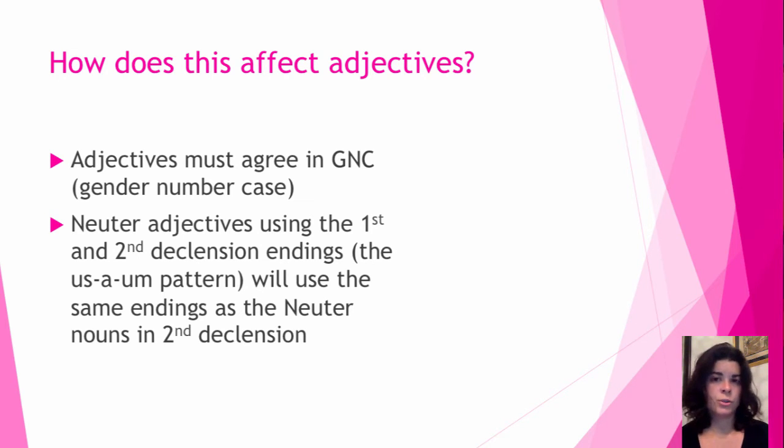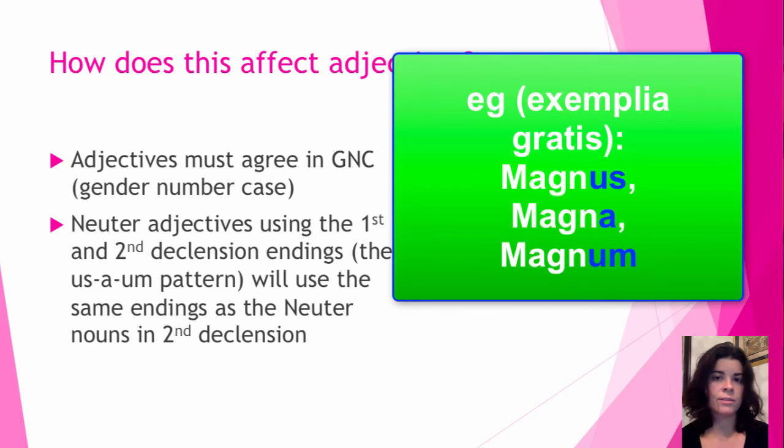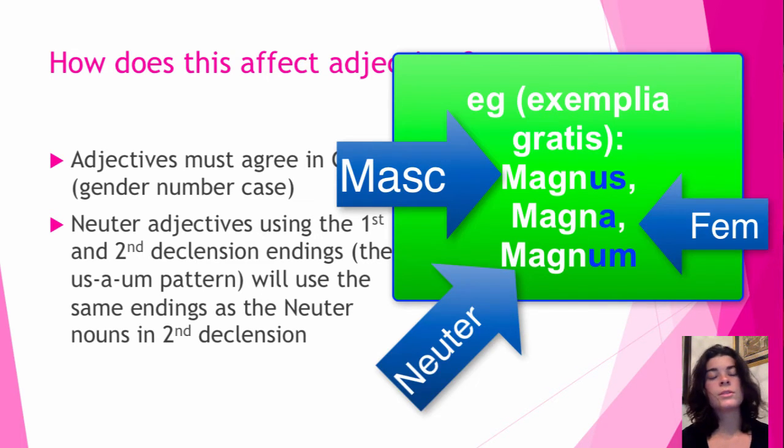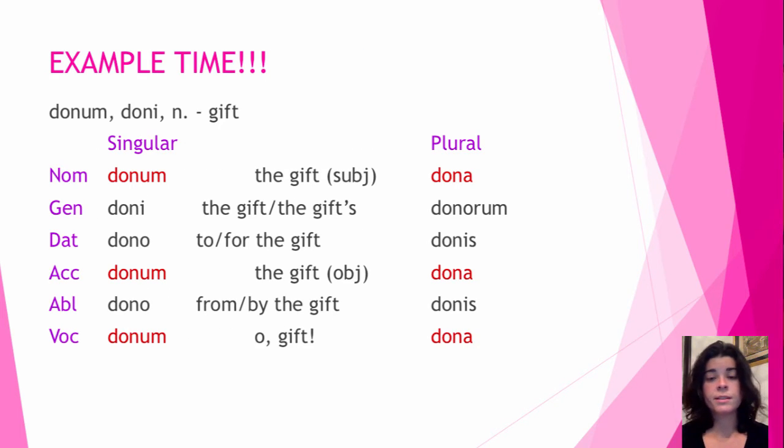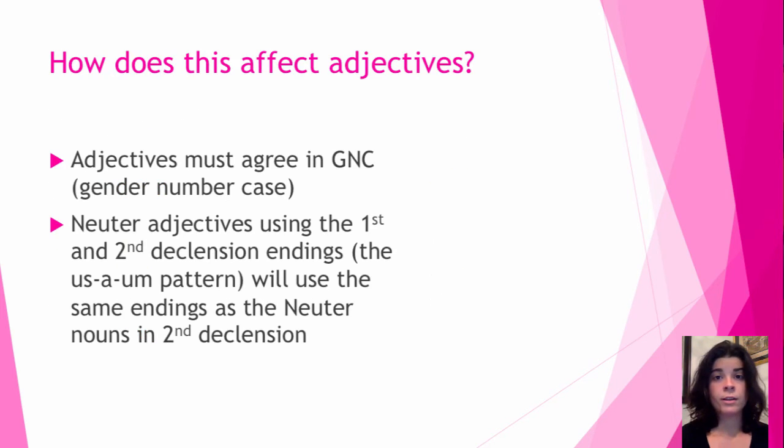These adjectives, which are the us, a, um adjectives, are going to use the same endings that you just learned for neuter. So when a word is neuter, it's still going to end with the same endings that you just saw with donum. Go on and take a look back at donum. Same endings: i, o, a, orum, is, a. Those are the adjective endings as well. So when you have a neuter word that you need to modify, right now it's going to look the same.